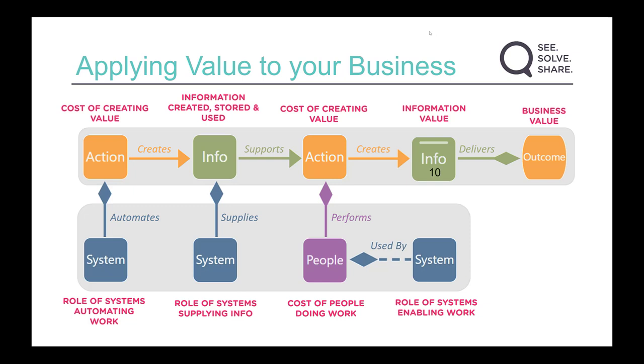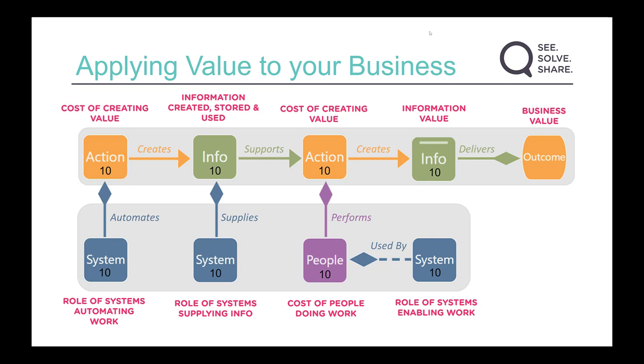And when we apply that value at this information output level, LINQ cascades that value through the rest of the model. So we now understand the value of the systems, the actions, the information, and the people that are required to allow us to build this information asset. This creates a value lens through the organisation. And as we find actions that create more than one piece of content, we are able to aggregate value.